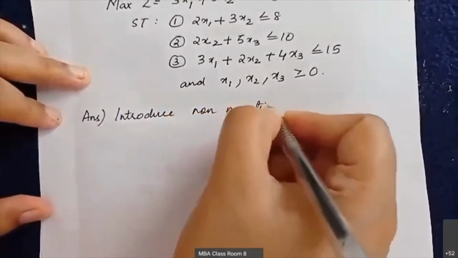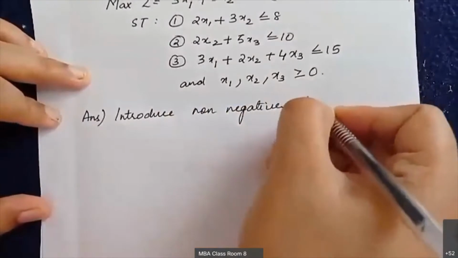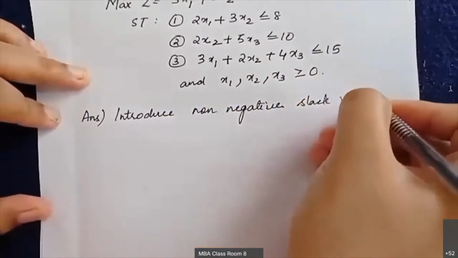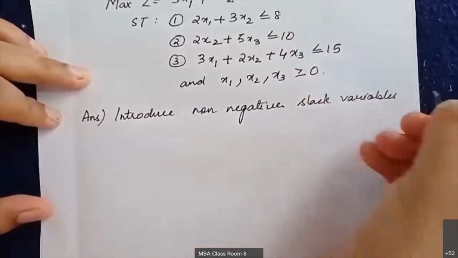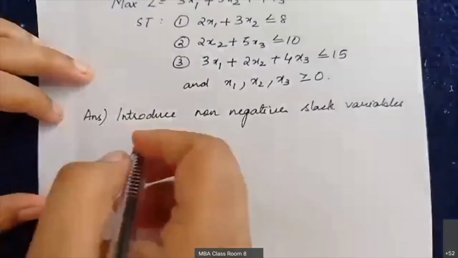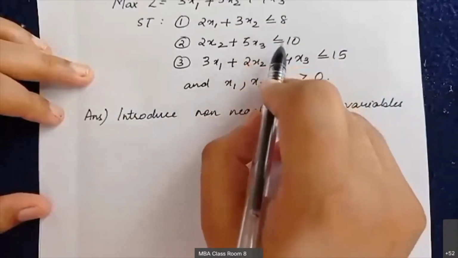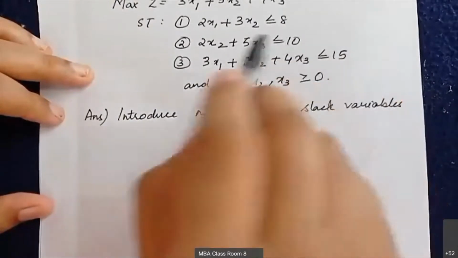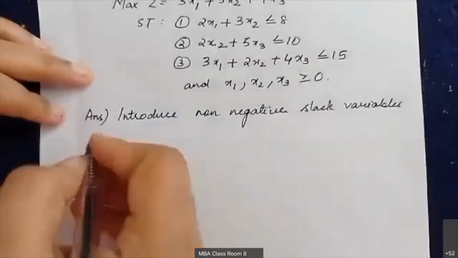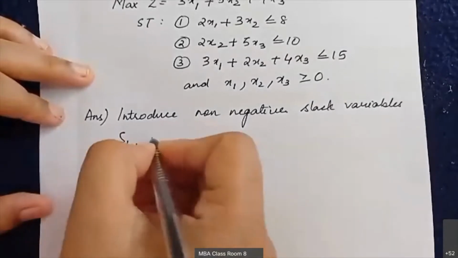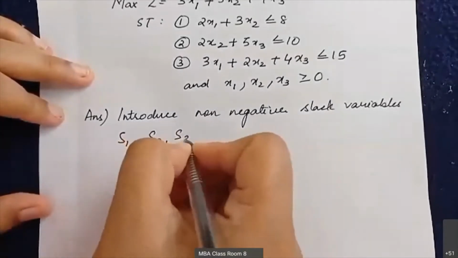Non-negative slack variables. Okay, how many inequalities are there? 1, 2, 3. So I have to introduce 3 slack variables. I am introducing S1, S2, S3